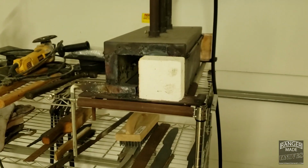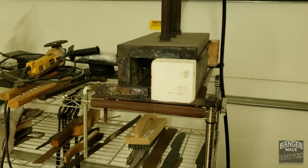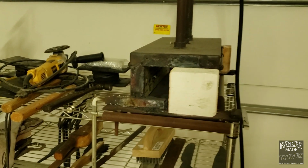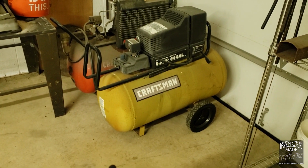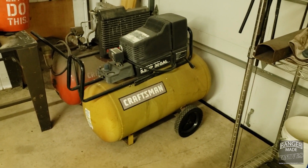This thing will easily get to welding temperature for carbon steels. I kind of doubt it on stainless steels, which is why I have an extra compressor down there, because that tank is going to become a blower type forge, forced air. All right,